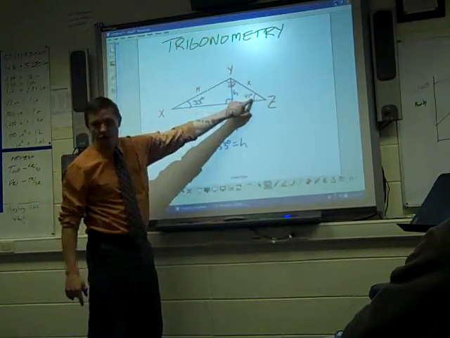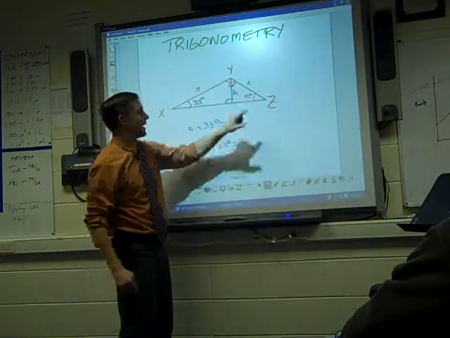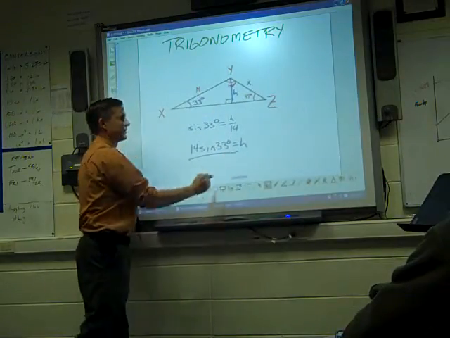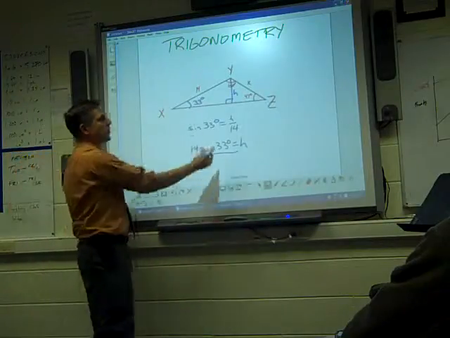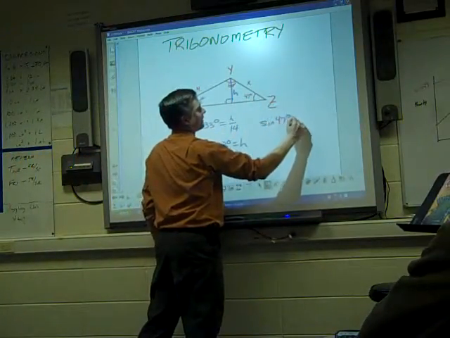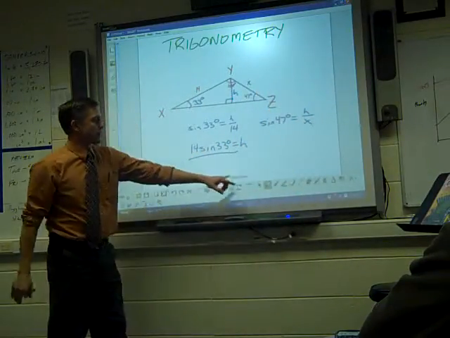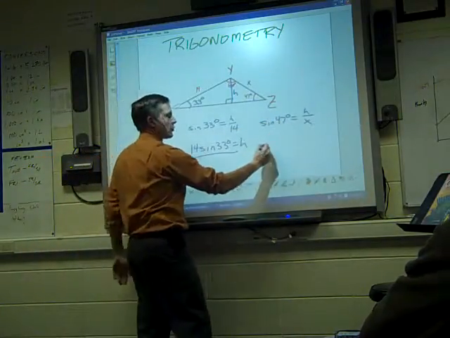And then we have another triangle on the other side where we have sine of 47, right, equals h over x. Now instead of finding the number this time, I'm going to use h as 14 sine 33. I'm not going to get a decimal at this point. So if I say sine of 47 is h over x, and I put in 14 sine 33,